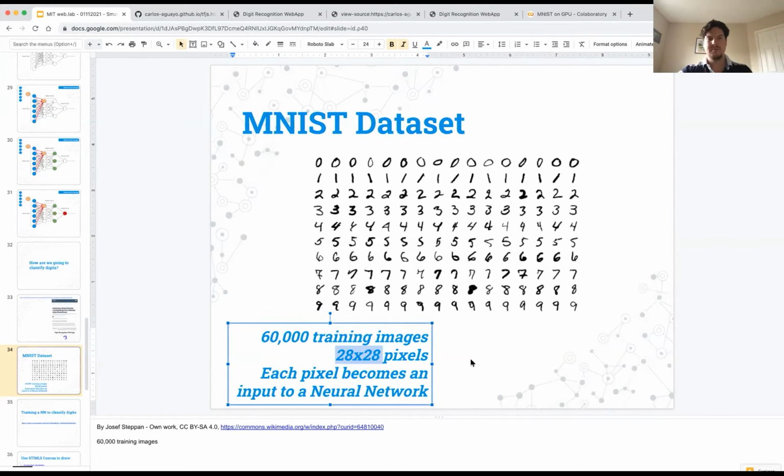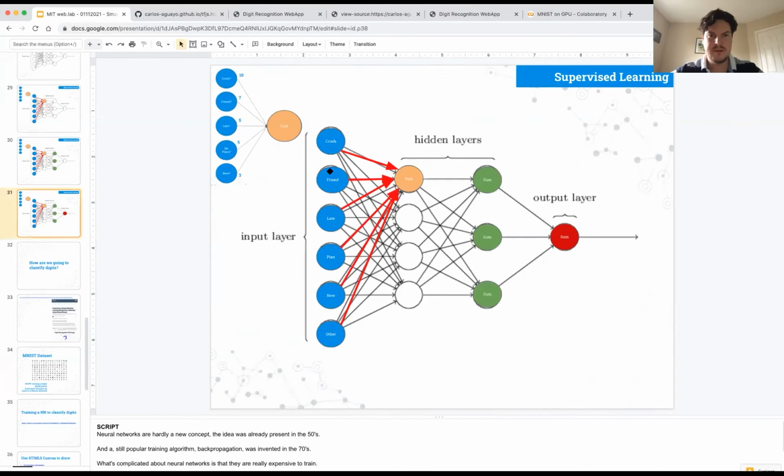What we're going to be doing here is I'm going to keep things extremely simple. The inputs to this neural network are going to be each pixel in the image. So you have an image of 28 by 28. Imagine that 2D data set, we just flatten it into a 1D array. So we have 28 by 28, that's 700 and something, and those become the input into this